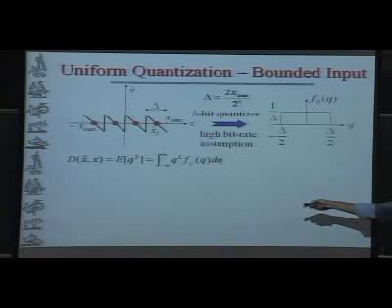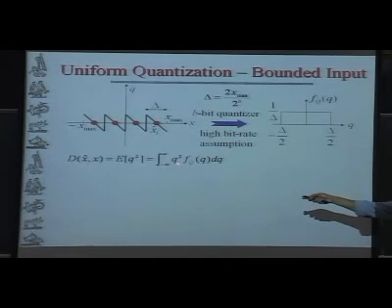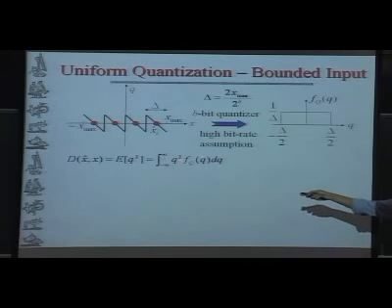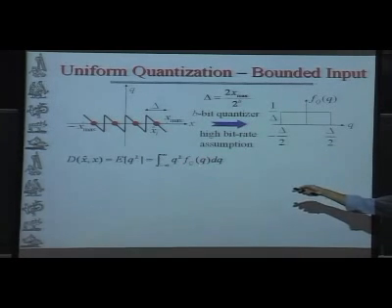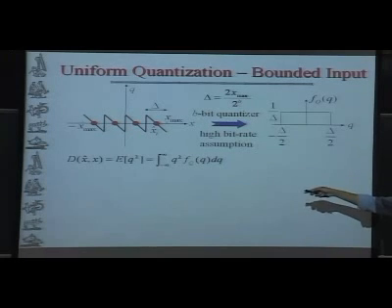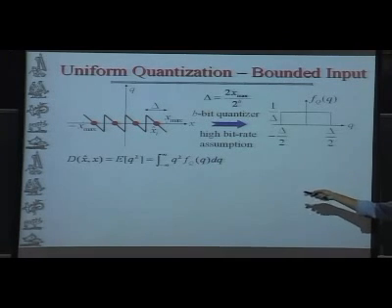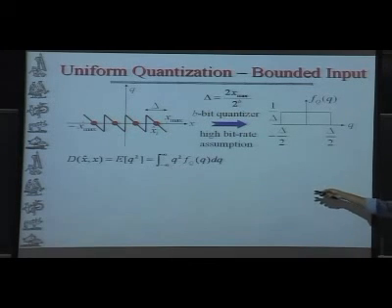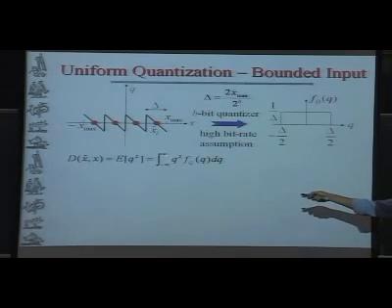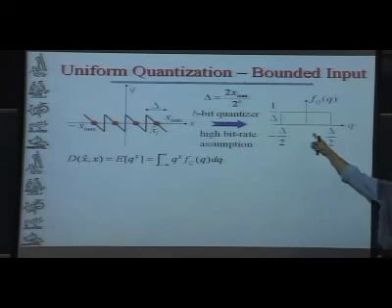So, the integral of q squared, and then f_q of q is just 1 over delta. The integral of q squared is 1/3 q to the 3rd power. And then, instead of negative infinity to positive infinity, you do negative delta over 2 to